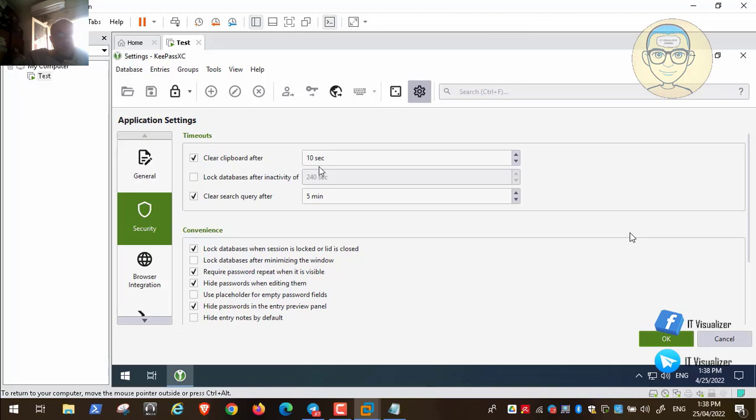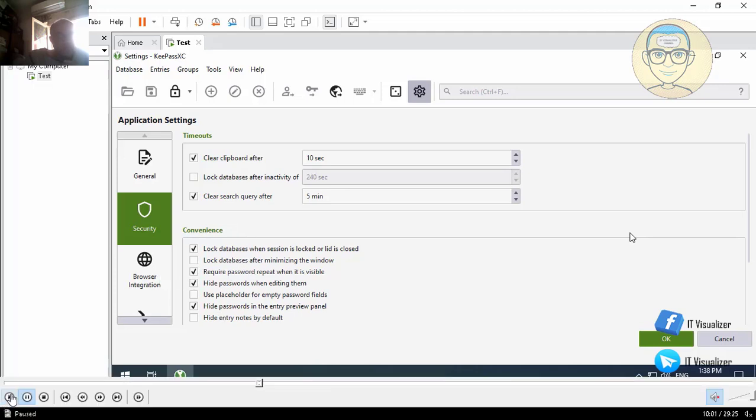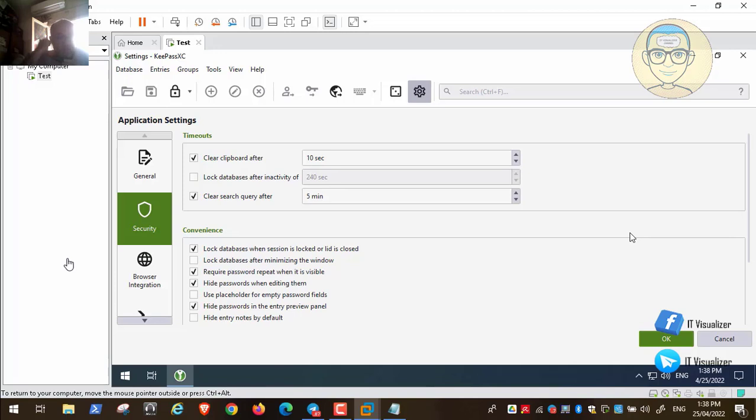Okay, so you can lock the database after inactivity of 250 milliseconds. Anyway, clear search query after 5 minutes. If you search a database, you will clear the search query after 5 minutes. So all of these are things to secure your database, and this is related to the database as a whole. I didn't play with these features. I leave everything at the default. If you need to change it, you can. Okay, but anyway, I think the default setting is good. Okay, so let's continue,